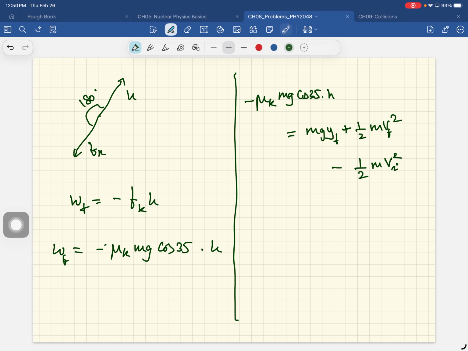Notice something interesting. The mass cancels. What does that mean? So everybody, no matter who the skier is, as long as you're wearing the same skis, you'd have the same speed at the top. Okay? So